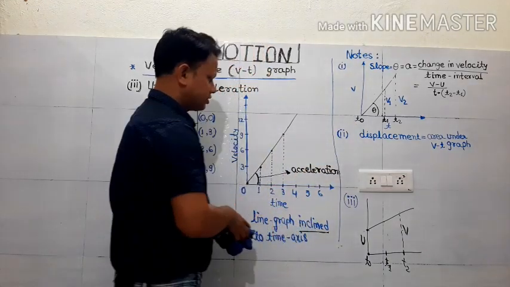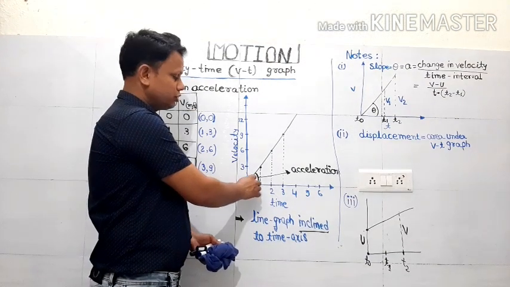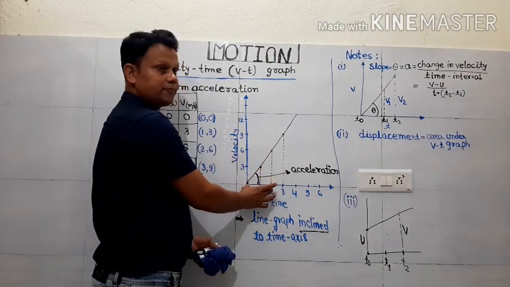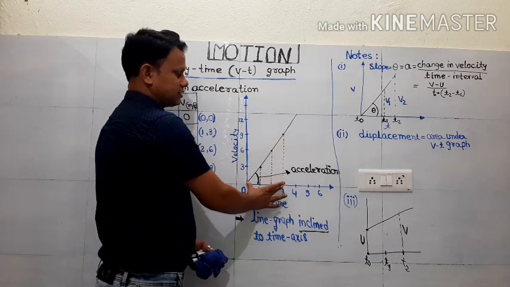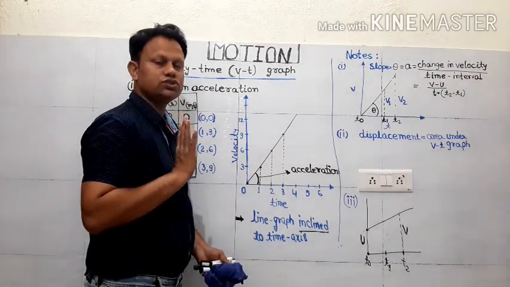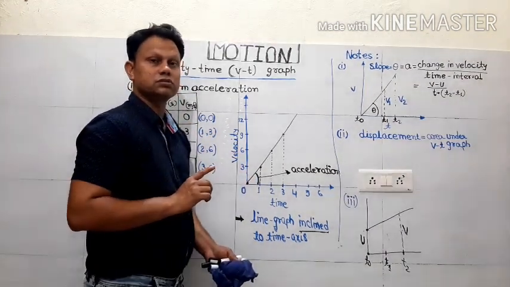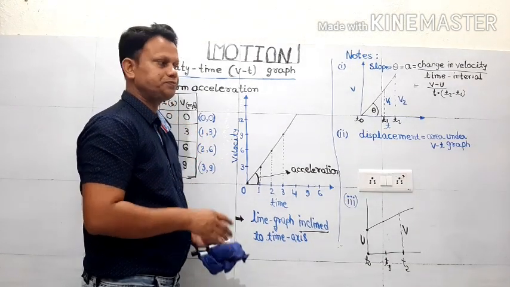Like somebody is interested to find out, and again since it is a uniform acceleration case, if you find the value of angle by taking this as a change in velocity and this as time, or if somebody wants to take this as a change in velocity and this as a time, the value is not going to change. So take care of that, because it's a uniform acceleration situation. Uniform acceleration, value of acceleration is not going to change.